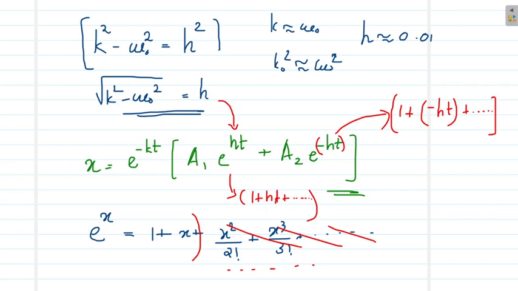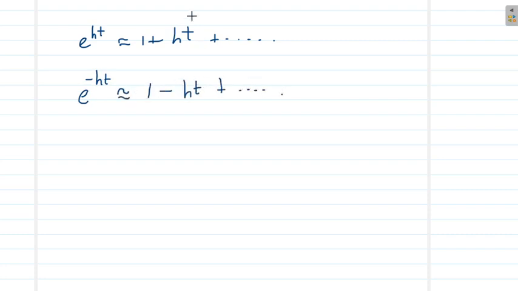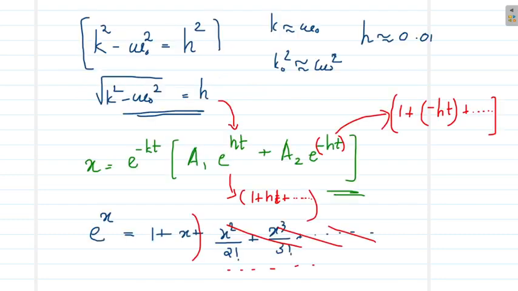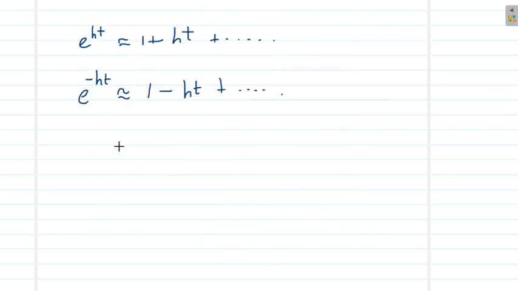So, substituting these two values, that means for e raised to ht, you substitute 1 plus ht plus the rest of the terms which we will neglect, and e raised to minus ht as 1 minus ht plus the rest of the terms, we will obtain the equation for x as